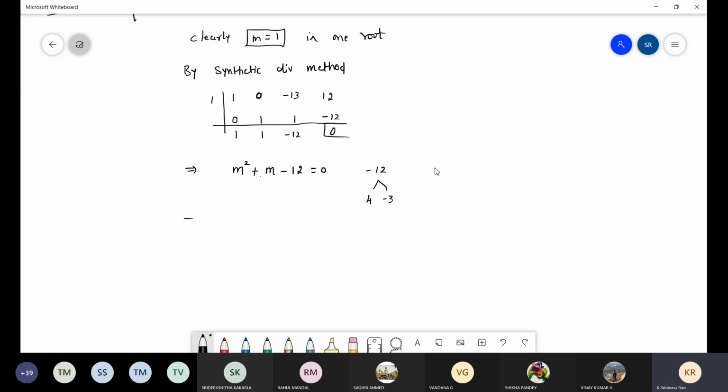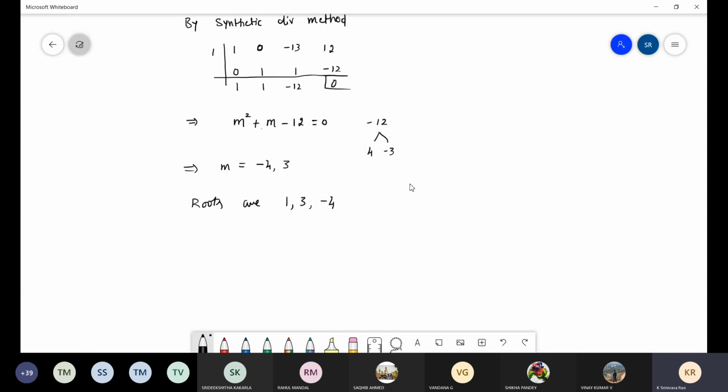So this implies m equals what? If you write like this, you should check whether it satisfies the two conditions. Then you can write the roots minus 4 and plus 3. Correct? Now write the roots in any order you like. While writing the roots, first root is 1, then I will write 3, then minus 4. You can write any number, no problem, because in between there is plus, so it is commutative.